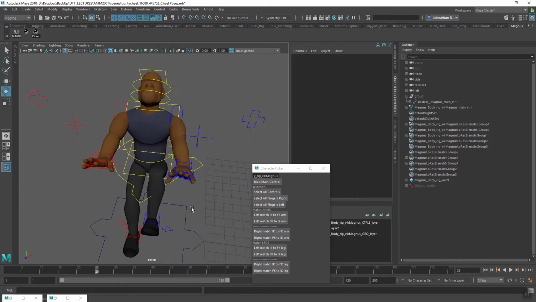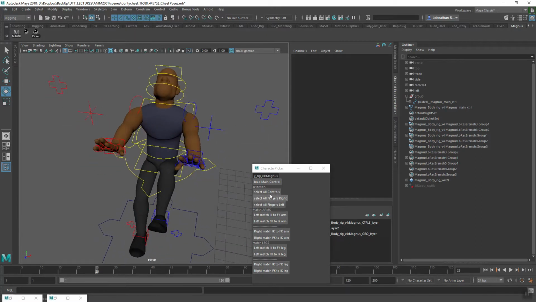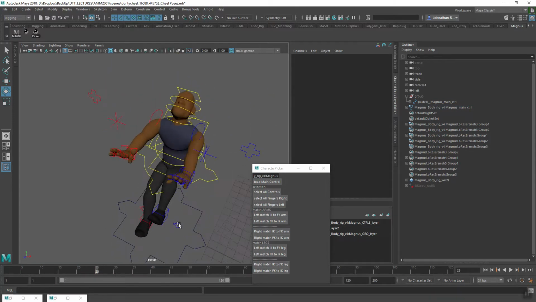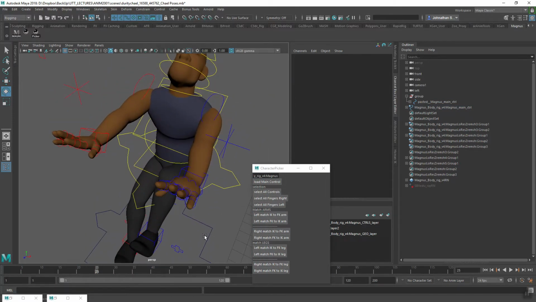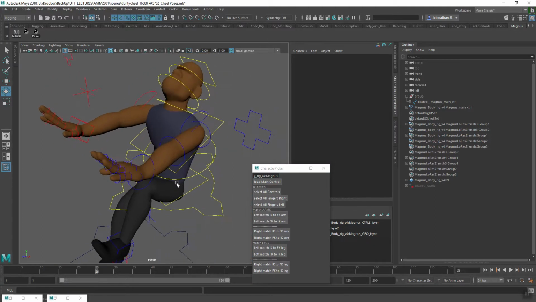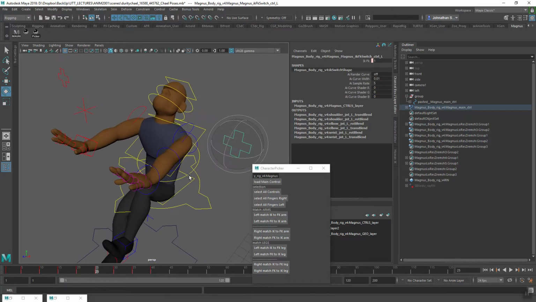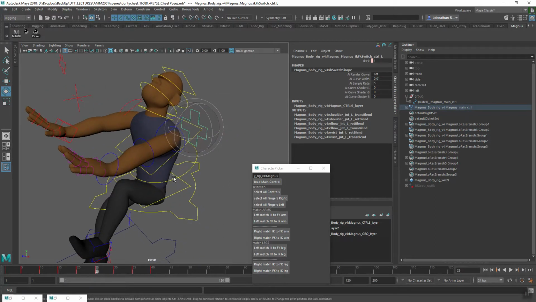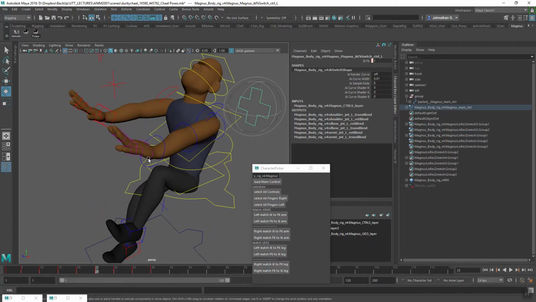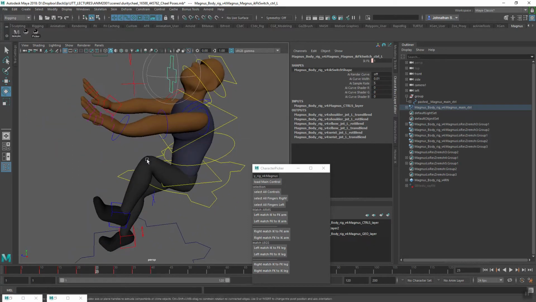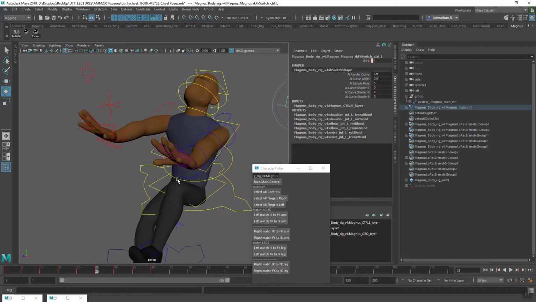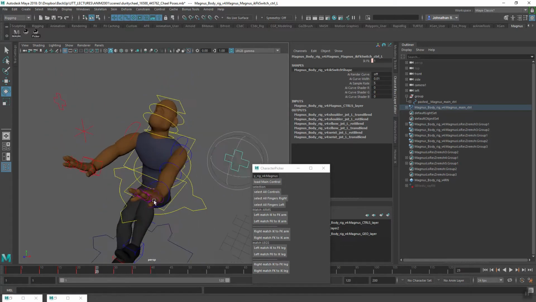Okay, so let's match. I believe this one is still active. Yeah, so we can match the arms. We match FK to IK. Now you see there was a jump there. As I said before, the reason for that is there probably was some stretching on this arm. The matching script does not account for stretching,